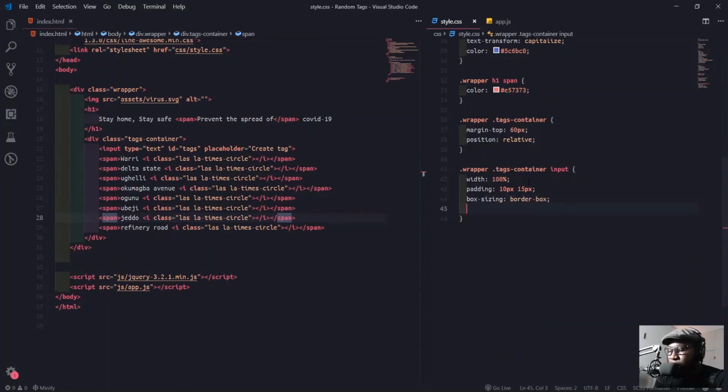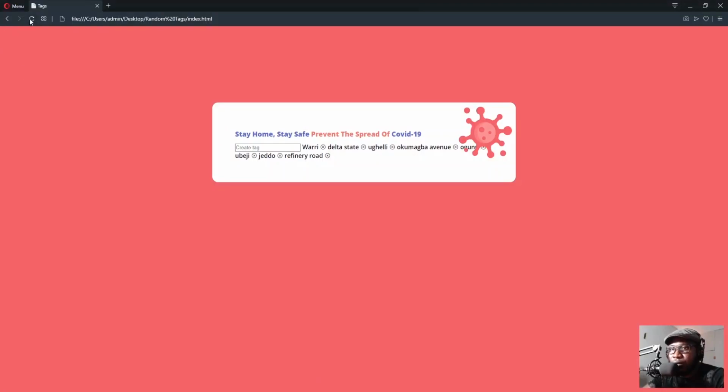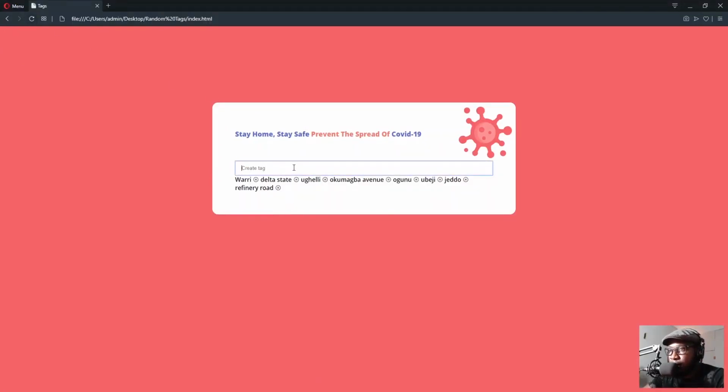Okay, so now I'll do this one. We'll give border. The border will be 2 pixels solid RGB value. So the red 245, the green 138, and the blue 151. Then alpha now will be 0.2. That means the opacity. Okay, alright, let me refresh.